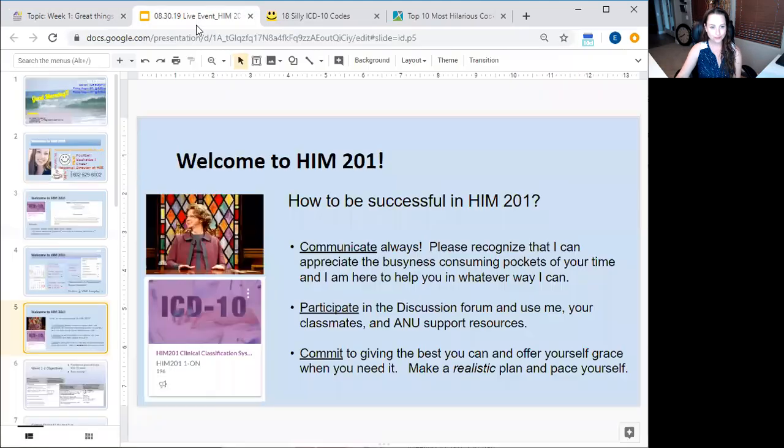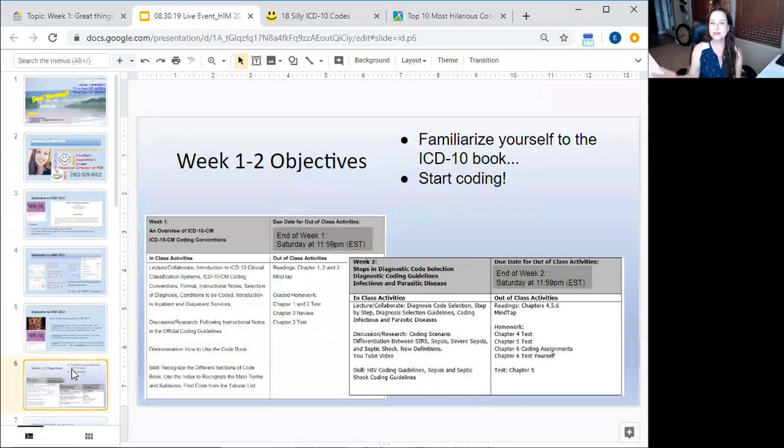Okay. So jumping over to this, what do we have? Well, what's most important as we start the class? One of the things that I tend to get a lot of questions on is the books, right? When are we going to receive the books? Well, you should receive the books by the end of week 1. So here we are kind of standing at the end of week 1 right now. If you have not received your book, I do want to hear from you. And I will contact the bookstore, or you can even contact the bookstore, but I don't want this to be an obstacle that keeps you from completing your work.